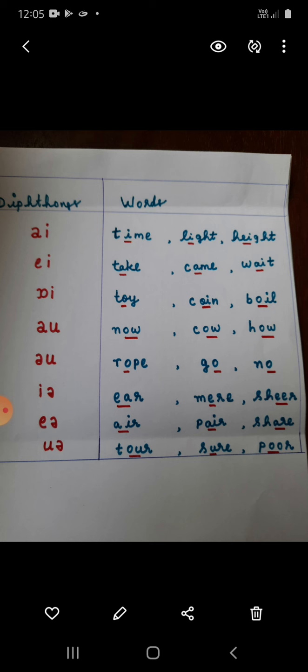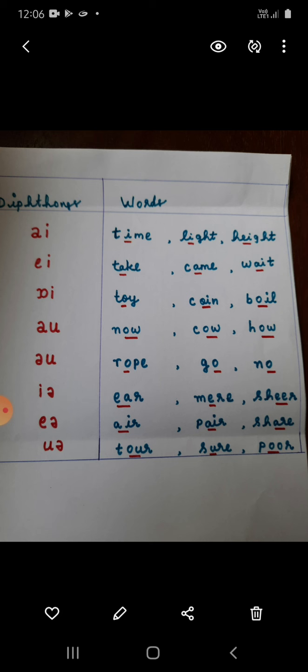So, yesterday we said that English is not a phonetic language. Why is English not a phonetic language? Because English doesn't give you one-to-one correspondence. So here we can see that in the first word tour, OU is pronounced as OA. In the second word sure, U is pronounced as OA. In the third example, poor, OO is pronounced as OA. Understood? So that's why we are saying English is not a phonetic language.